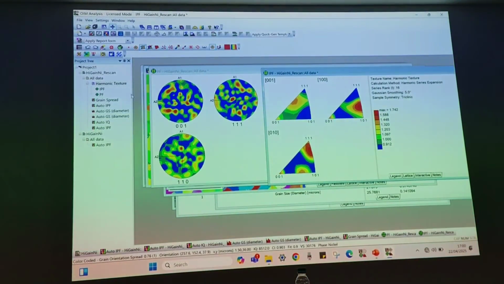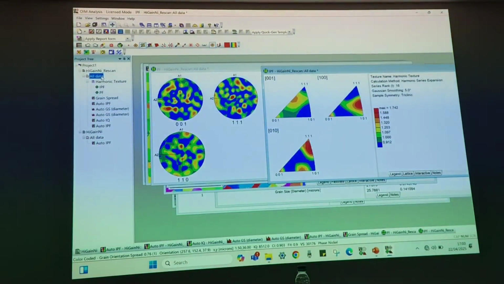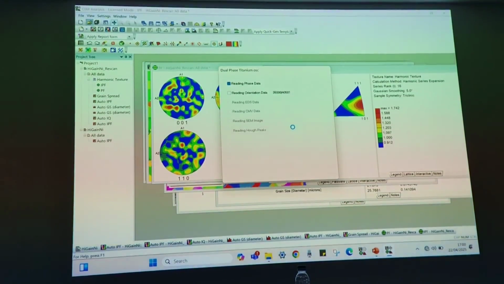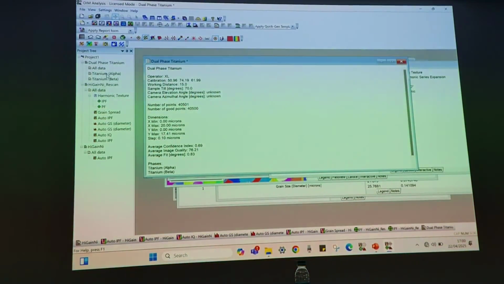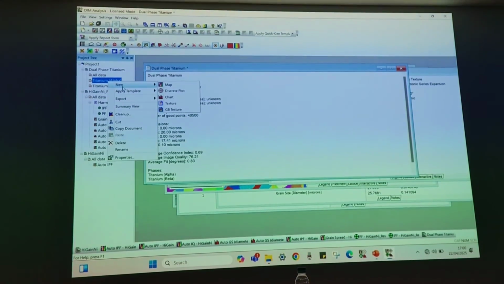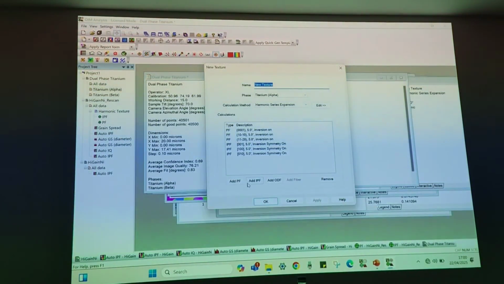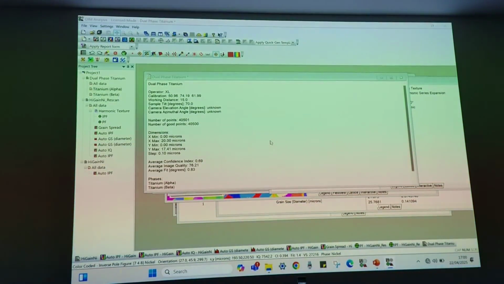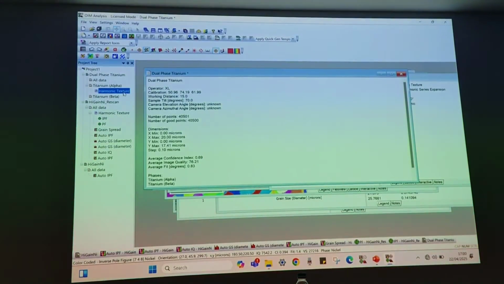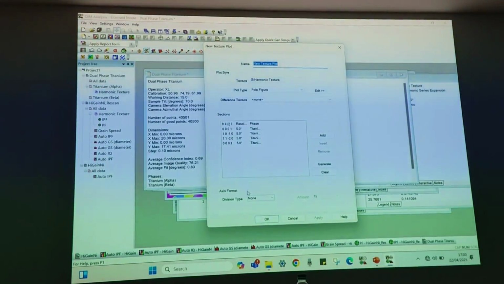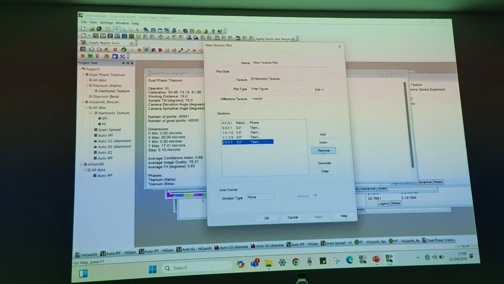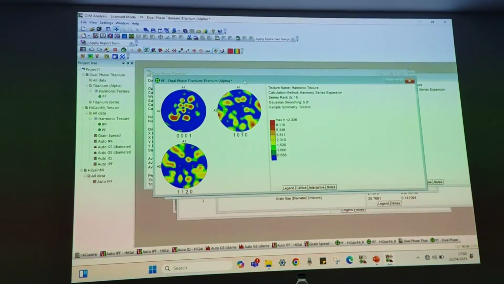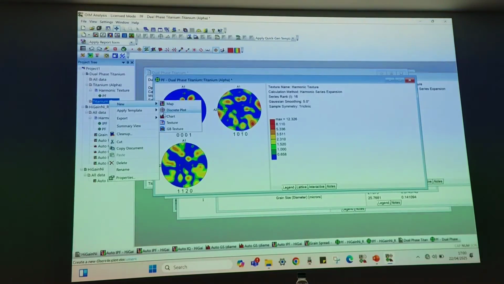In case of titanium, you can probably see the difference between alpha phase texture and beta phase texture. So let me open that particular example, two phase titanium. Let's say if I perform the texture measurement, pole figure only for alpha phase, let's see what it looks like, because alpha is basically the hexagonal phase. So this is the pole figure for alpha phase, and let's see how the pole figure looks like for beta phase.